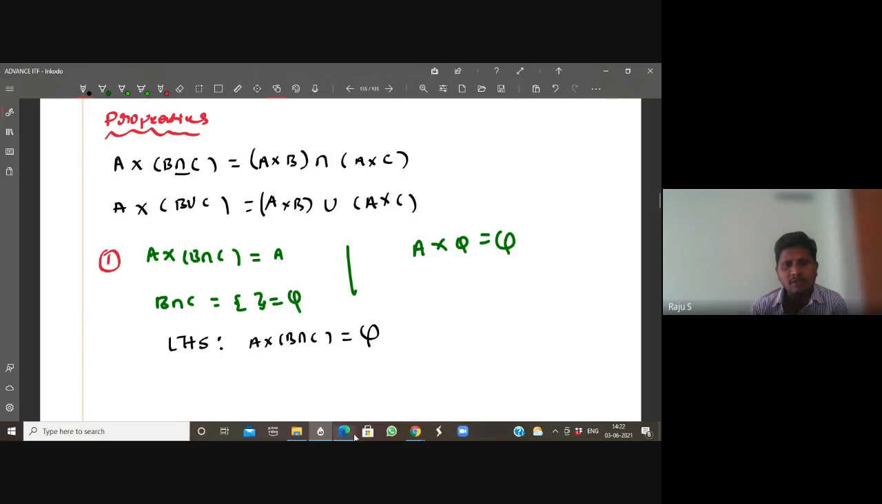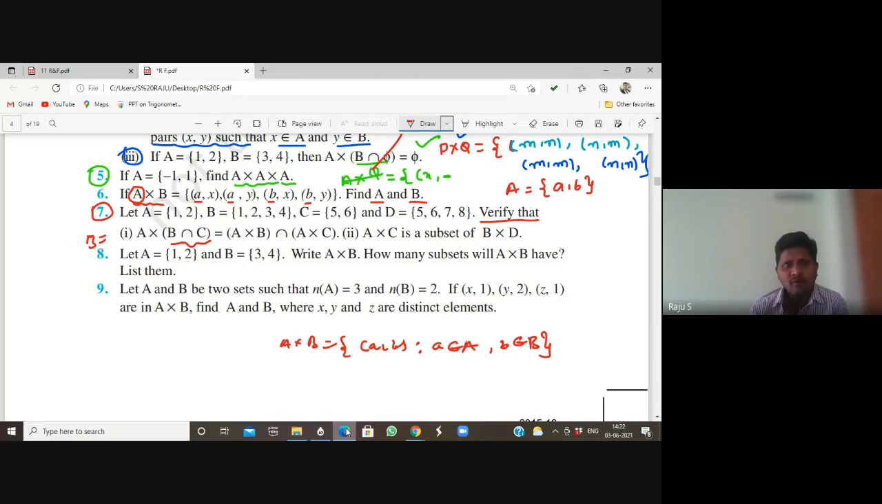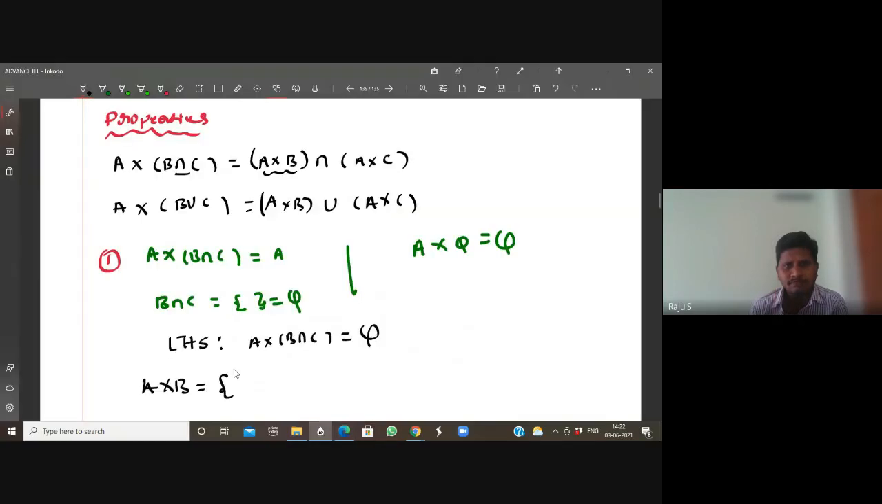Then what about the RHS? To find the RHS, first you have to find A cross B. First, you should write all the ordered pairs which belong to A cross B, right? The possible ordered pairs are (1,1), (1,2), (1,3), (1,4). Then (2,1), (2,2), (2,3), (2,4). You should write the ordered pairs first. In the same way,